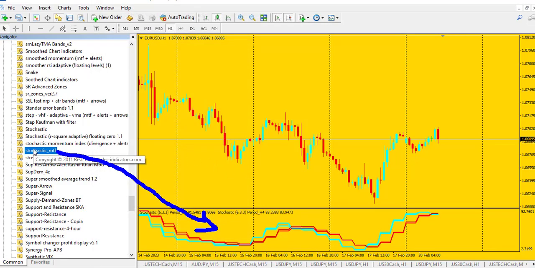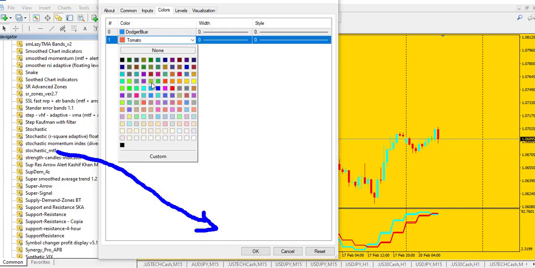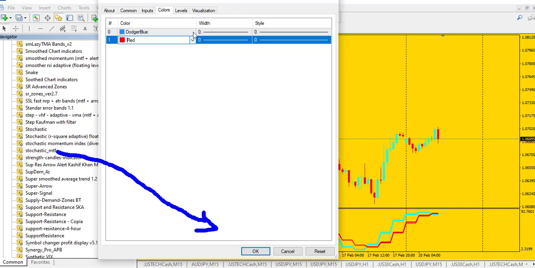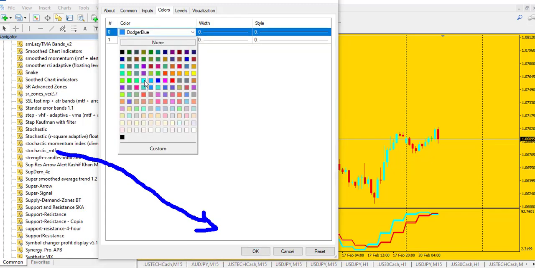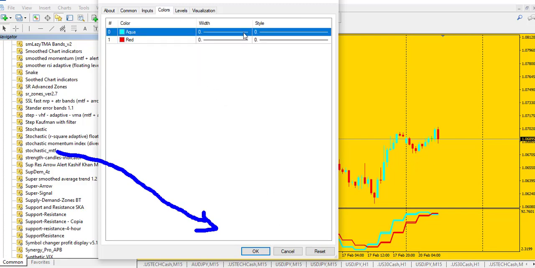And the third time you drag the same thing also, drag it here on top of it, and change the color, this to red and this to aqua color. Make sure you change this value for this particular Forex indicator. This is 240. We've used 5 and 6, so this will be 7, and the other value remains the same. And the color, we've changed the color. Let's increase the width also,